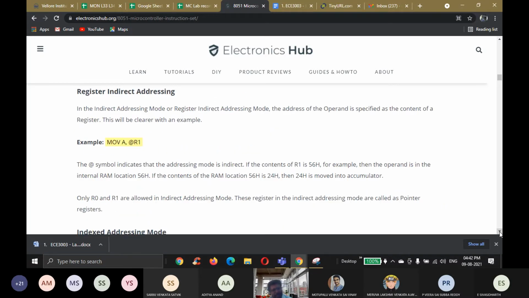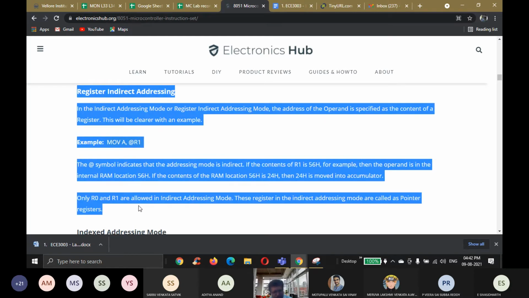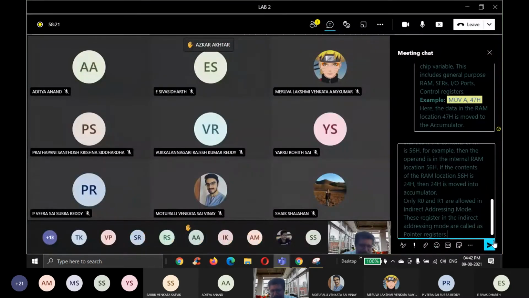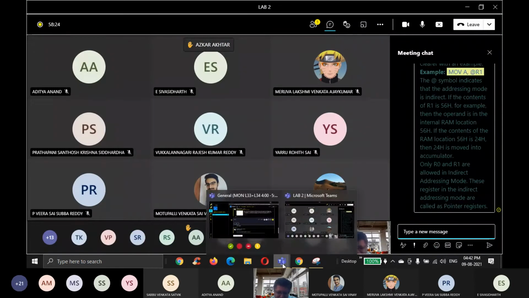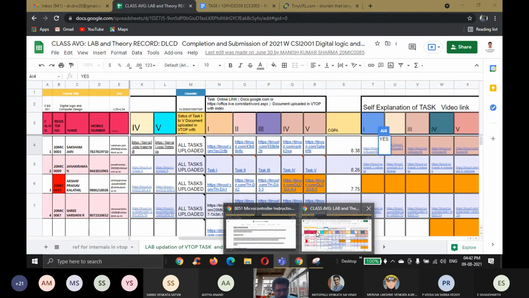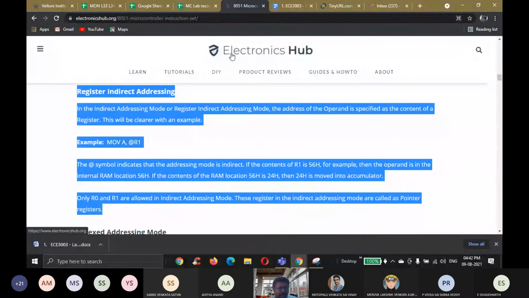Next comes the register indirect addressing mode. This is like the pointer concept in C language. We can use this methodology to point to related memory data. Related memory data means, for example, the registration number of your laboratory. How are you related? All the students in our class are related with the slot. So I am relating it as L, the slot name. Based on the slot name, I am providing the resource L3334. That is the relation I am making.